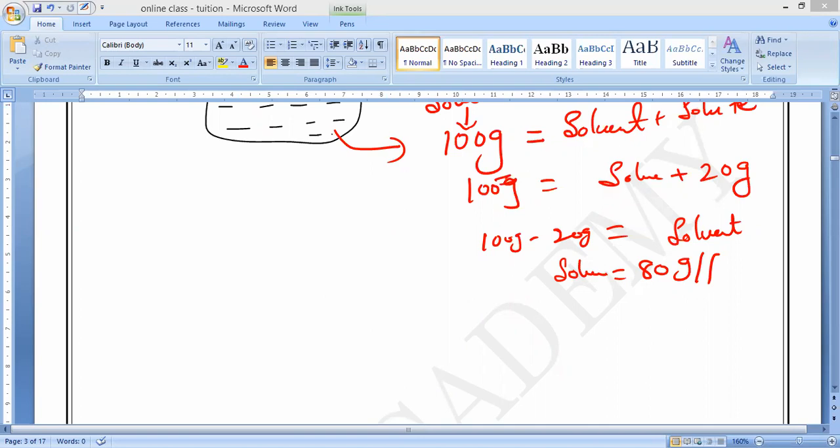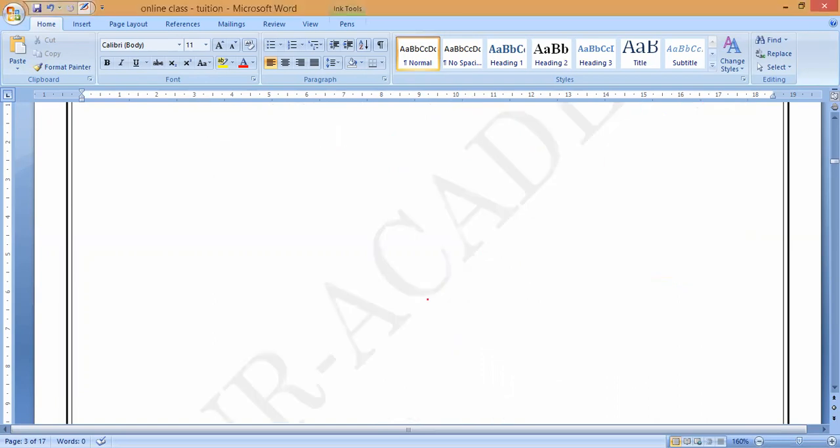So if I take 100 grams of solution, definitely in that some percentage is water. Solvent will be present. Is it yes or no? Yes sir. That is how to remember. So we can calculate the concentration of a solution in terms of mass percentage of a solute by using a formula. That formula only we are going to study now.